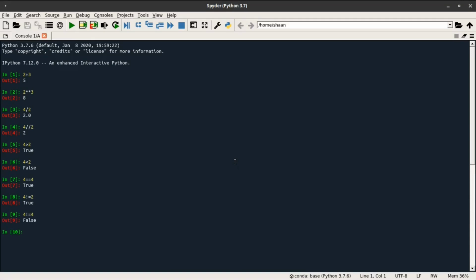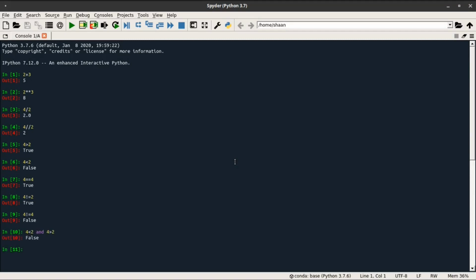We can also combine two relational expressions and can use logical operators such as AND, OR to check whether the outcome will result to true or false. So let us combine two relational operations by using a logical operation.